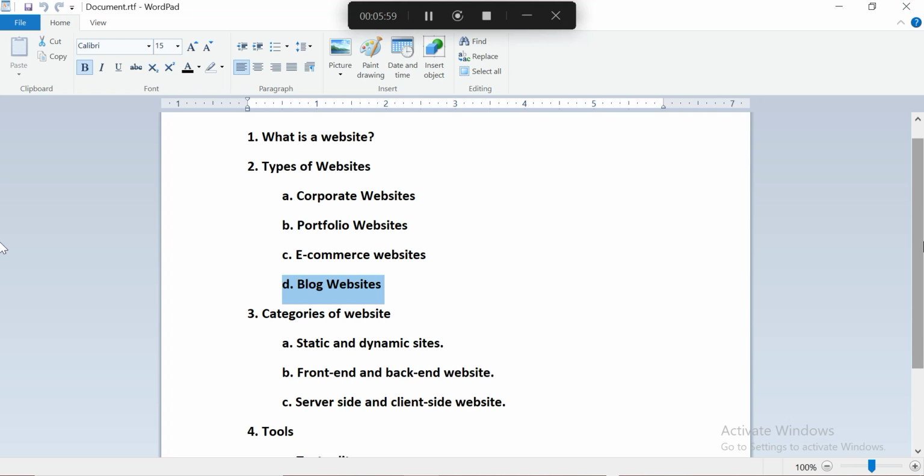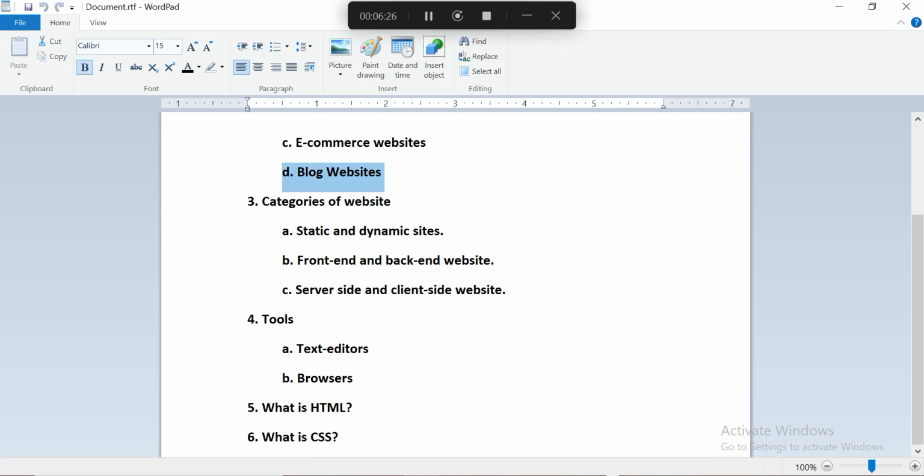Okay, you may have heard somebody say, I'm a front end developer, I'm a back end developer. Somebody will say, this website is static. Another will say, I need a dynamic website. Someone will say, don't worry, I'll handle the server side error, I will fix it. Another one can come and say, I'll work on the client side interface. Okay, so these are just small terminologies that we get to use. Now the first one is